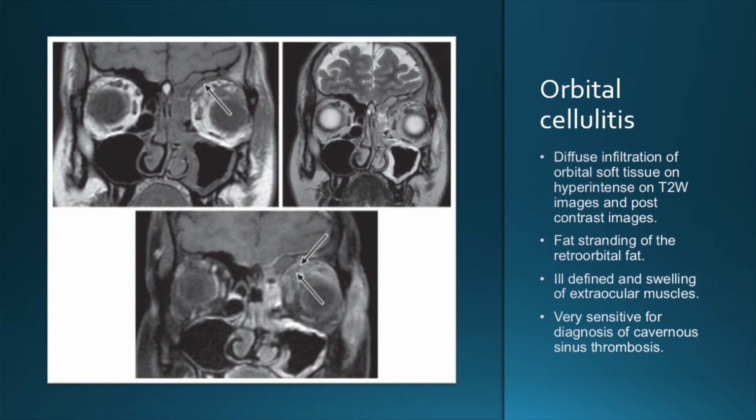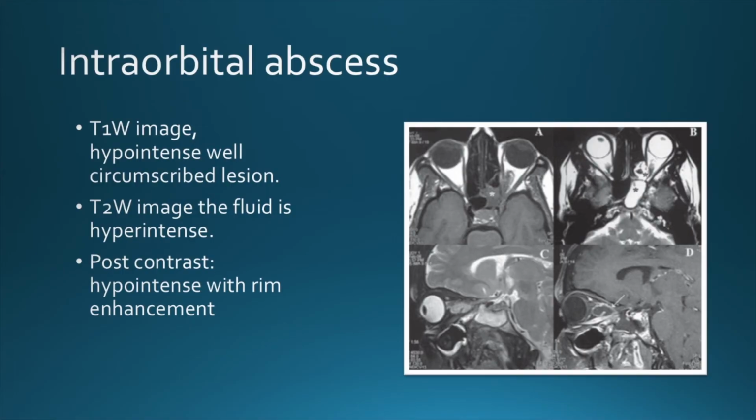The post-contrast image is showing the enhancement of the inflammatory area of the orbit, with associated inflammation of maxillary and ethmoidal sinuses. MRI is very sensitive for diagnosis of cerebral venous thrombosis associated with orbital cellulitis, which will be hyperintense on MRI, and is normally seen as flow void areas. In intraorbital abscesses, on T1 weighted image, the abscess will be isointense, and again the